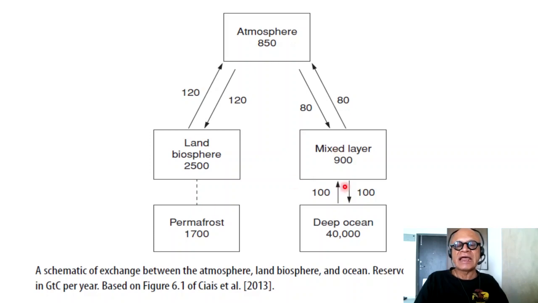The difference between land and ocean is that ocean has a very nice three-dimensional structure with circulation, life distributed down to several kilometers. So it has an exchange with the deep ocean as well of 100 gigaton carbon per year in and out, and the deep ocean is a large reservoir of 40,000 gigaton carbon. And if you remember your residence time calculations, you can divide the reservoir size by the flux and